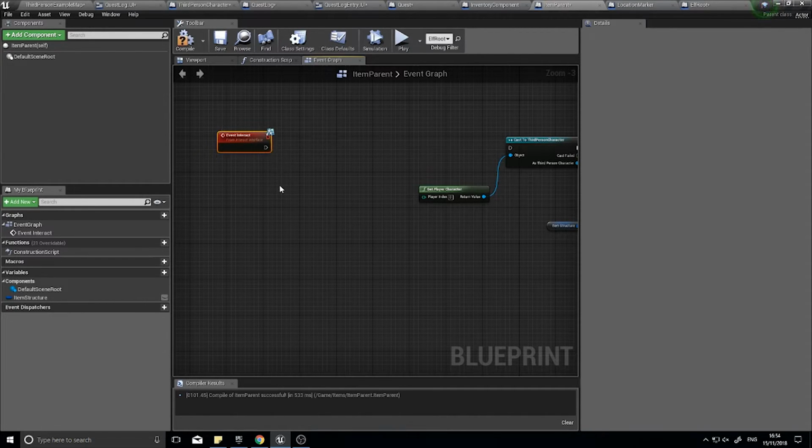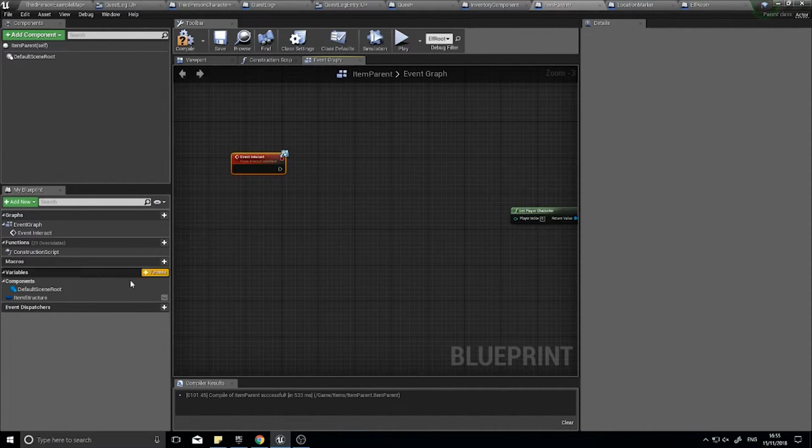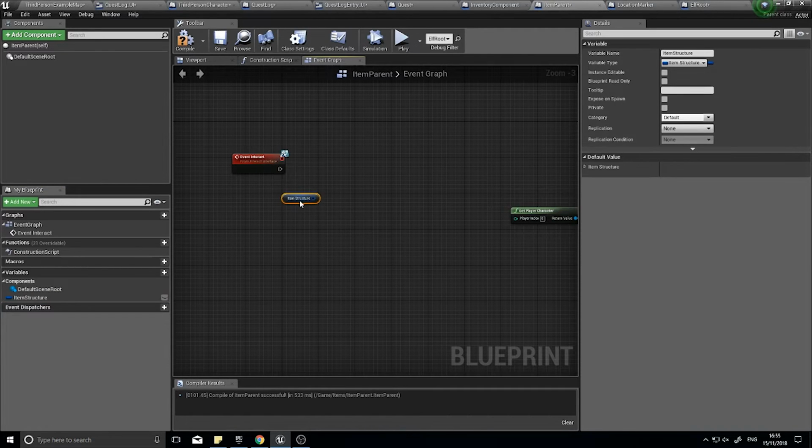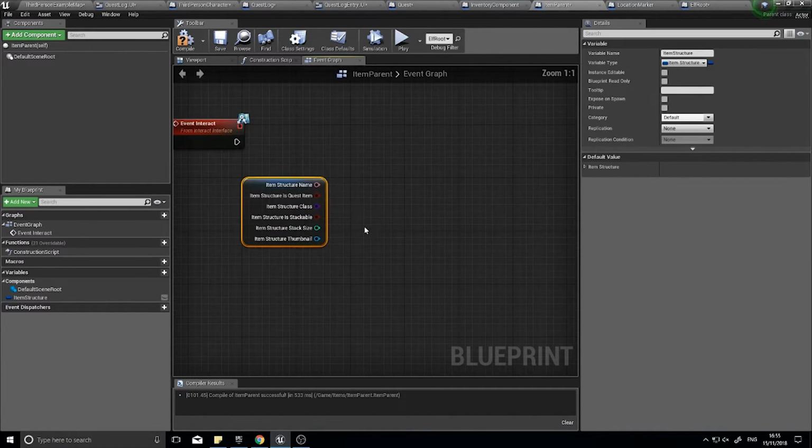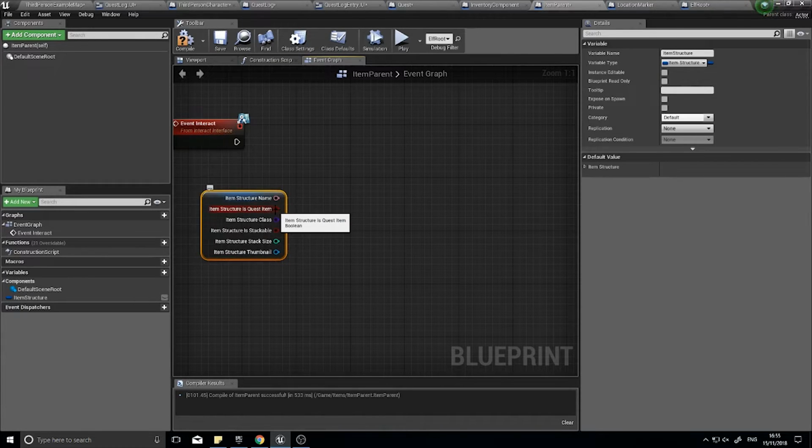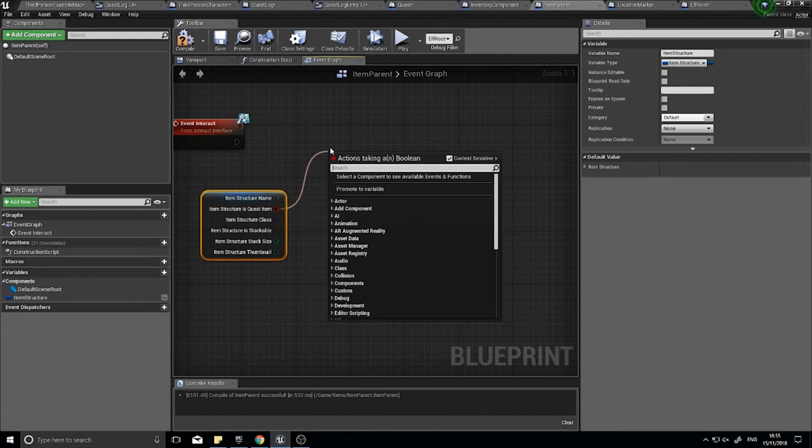So click off this, and on here we're going to first of all check whether or not it is a quest item. So drag your item structure out, which is get, and split it. And one of the things I've got on my structure from item structure is whether or not it is a quest item. It's a boolean. If it is a quest item, excellent, because then I'll go into a branch